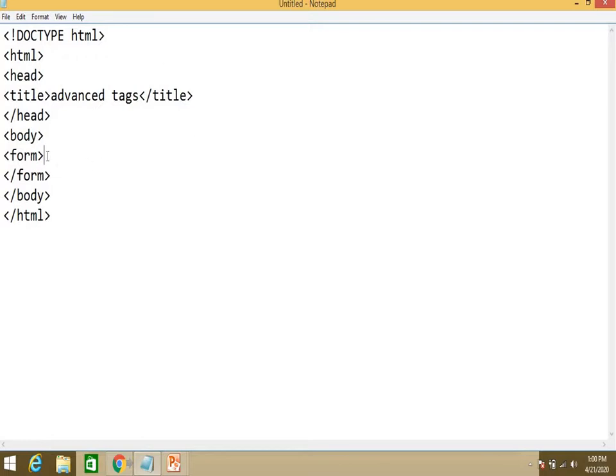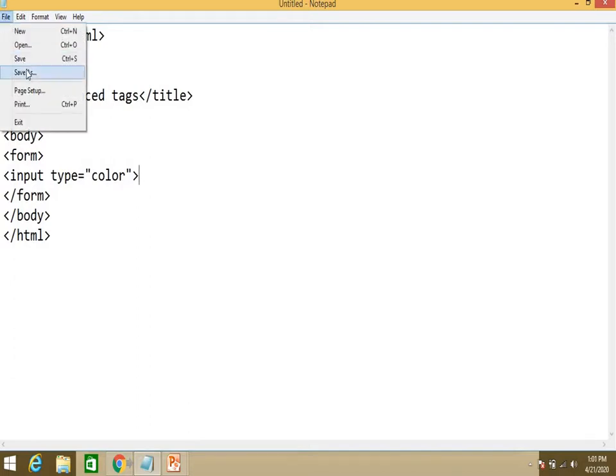In the form, whatever you have to write, you have to write over here. So first one is input type equal to color. Just save this file.